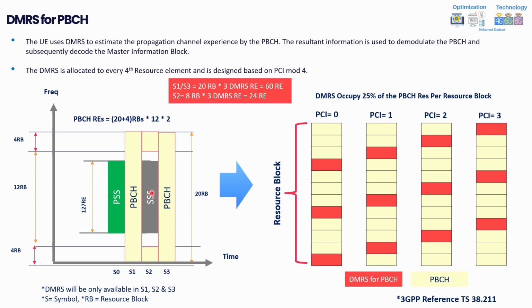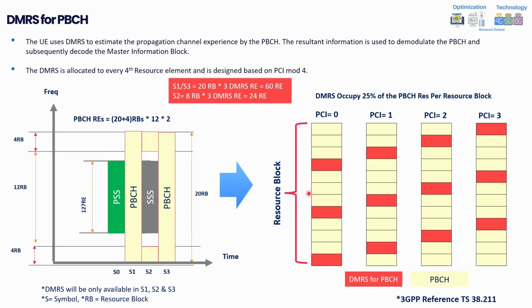And in general, the DMRS is using only 25% of the resource elements within the resource blocks. I'll be explaining on the right side. But the most important information that I want to tell you is that the DMRS will be using 3 symbols, with symbols 1, 2, and 3. And even those are not all fully used by the broadcast. For example, symbols 1 and 3 are used for broadcast, so this one will have 20 resource blocks, for example, used by DMRS. While the symbol in between has the SSS, which is the synchronization signal block, and this one will be used only for the DMRS broadcast channel, using only 4 RB plus 4 RB, which is 8 RB.